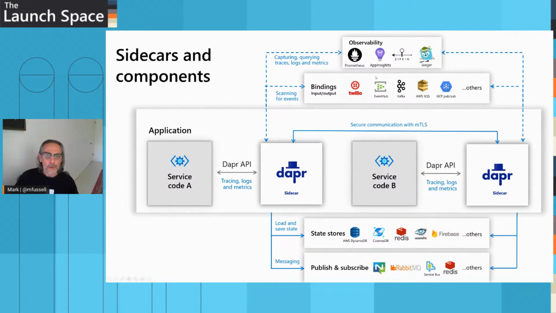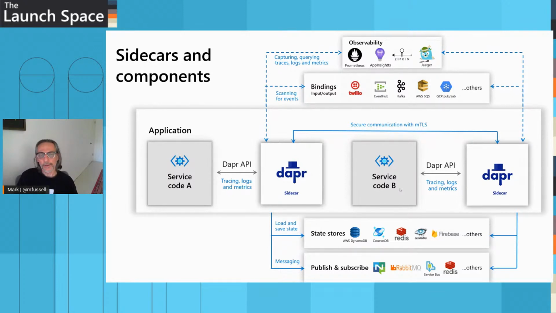I can do triggers from external systems as well. So if I want to trigger my code from an event hub, I can. And then here you can see that Dapr talks to other Dapr instances running in my environment, whether that's on my local machine, or on Kubernetes, which you typically use in production, or a set of physical machines. If I want to do a service invocation call, Dapr will take care of all the hard work of discovering where, if I want to call from service A to service B, it'll find it all for me.